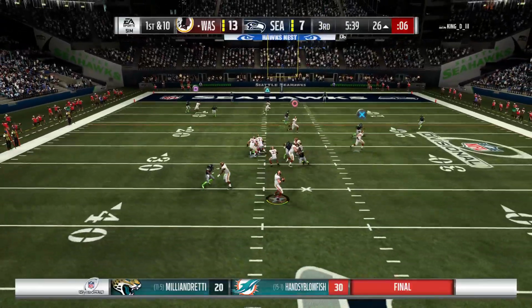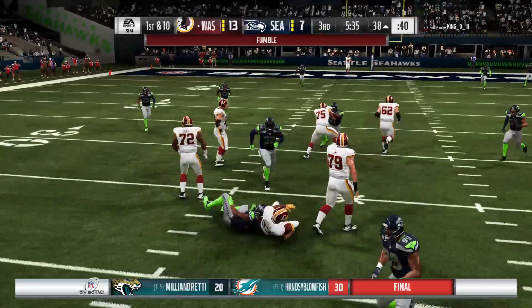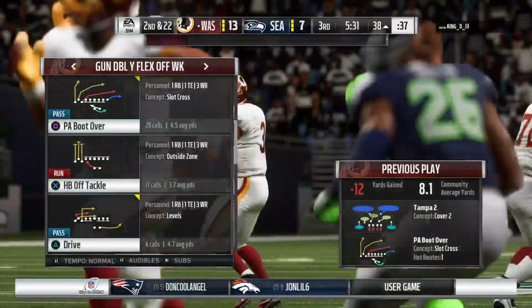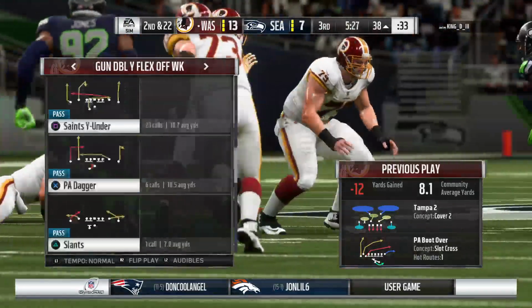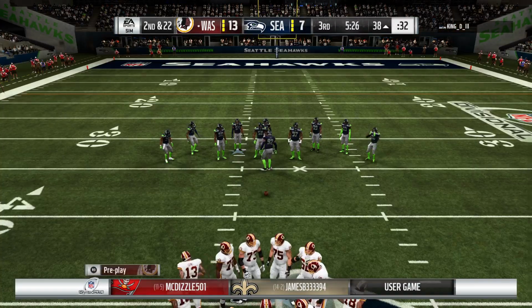They'll look to throw here on first down. Nowhere to go here. He lost the football. But the Redskins look to get this one back, and indeed they did. It's still Washington football. On plays like this where the ball comes free, it's often unusual for the team that lost it to get it back because